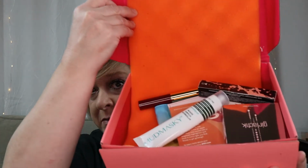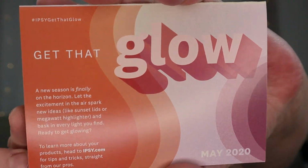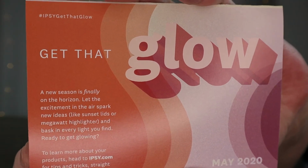This is what the inside of the box looks like. Is there a card? Yes. Okay, so here's the card. And it looks like this month's theme is glow. Inside the card are the just product descriptions as well as prices. The first product,